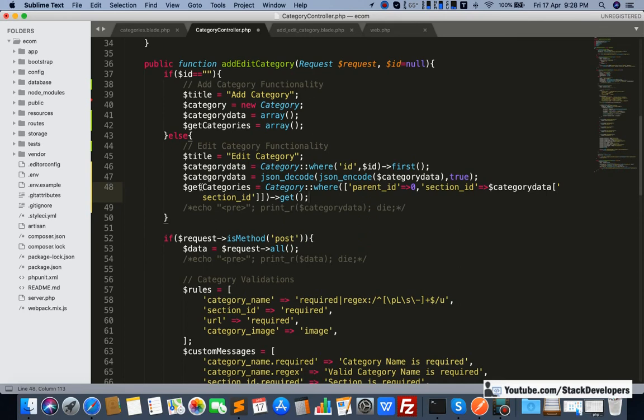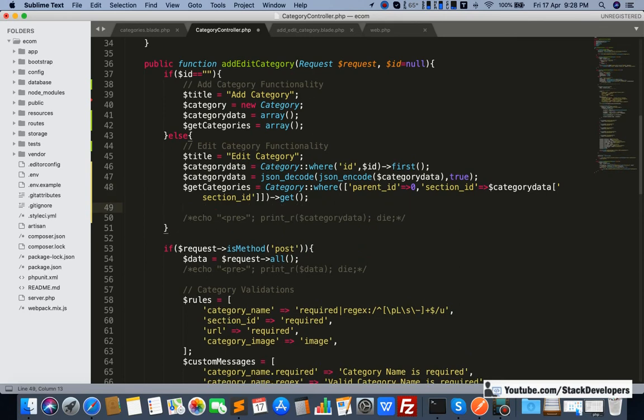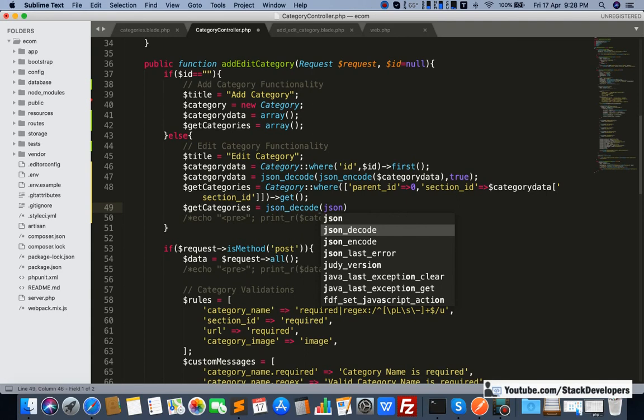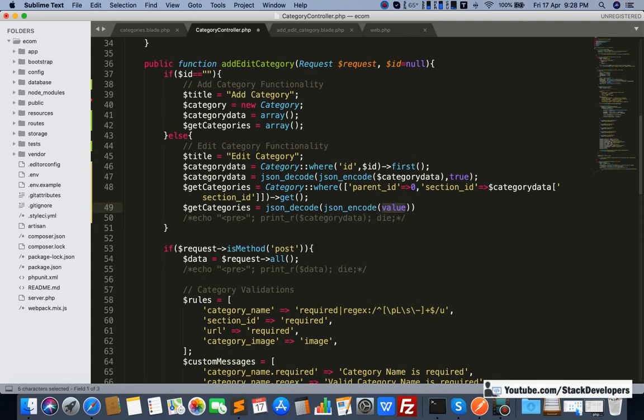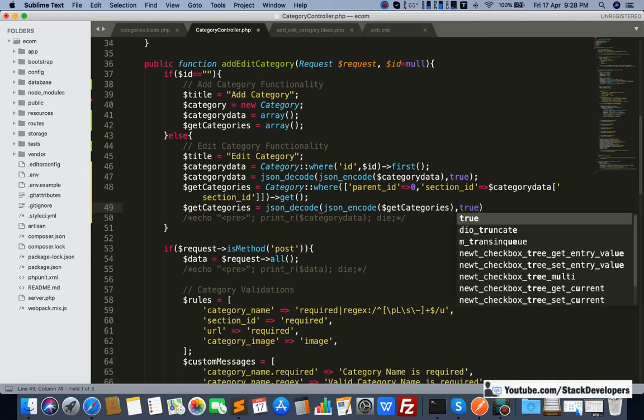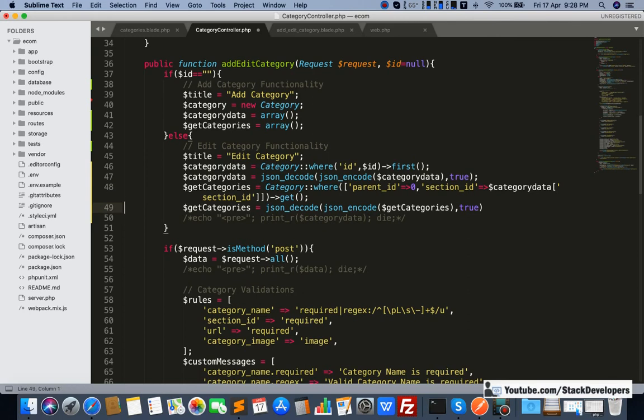So this one, dollar get categories, this one decode, this one encode. Here I'm going to convert it to an array, and now I'm going to check it.